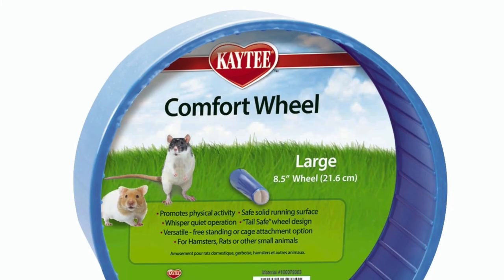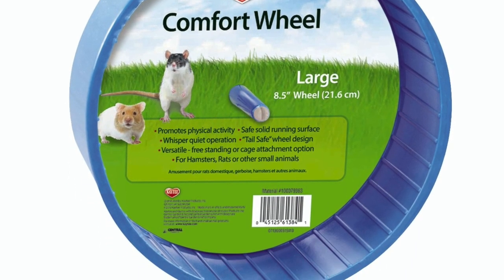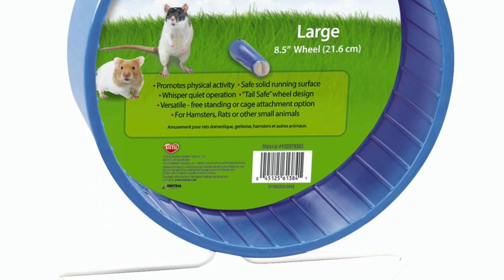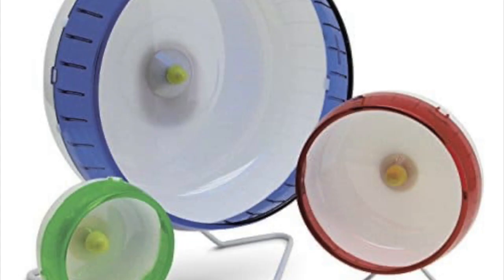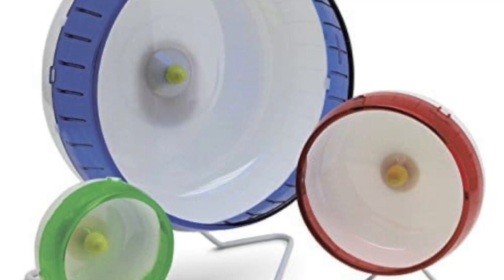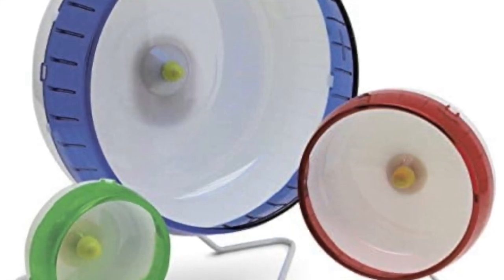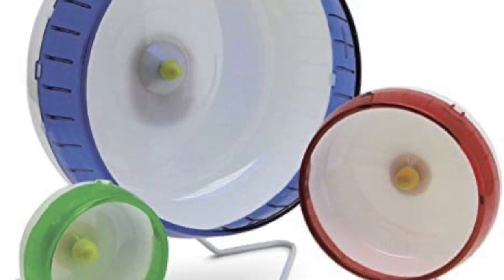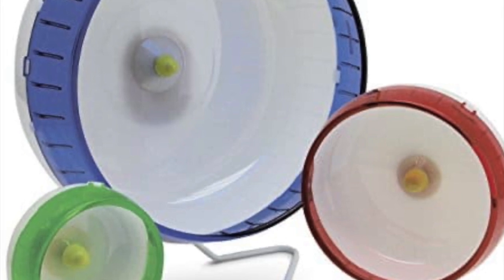Another wheel that I do sometimes see used, thankfully not very much, is the KT Comfort wheel. Again, this wheel just isn't very ideal for sugar gliders, and it does have a center axle which makes it unsafe. Another wheel I see commonly used is the KT Silent Spinner. Again, this is a great wheel for hamsters, just not the best for sugar gliders. I think it's actually one of the better unsafe wheels because it doesn't have a center axle and it has